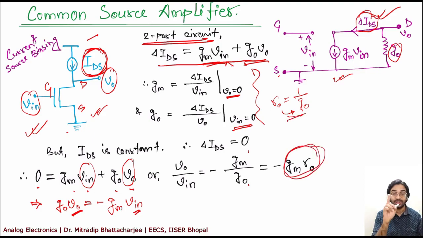This is your intrinsic gain. Intrinsic gain that we have calculated, not current gain. Remember, in case of MOSFET, there is no current gain because there is no input current because of the oxide. Your input current ideally should be 0. However, there are some leakage currents that flow in the input, but we are not going to consider this. So your input current is 0, so you will not get any current gain in the MOSFET. Okay, so your V0 by Vin is your intrinsic gain, which is equal to gm r0.